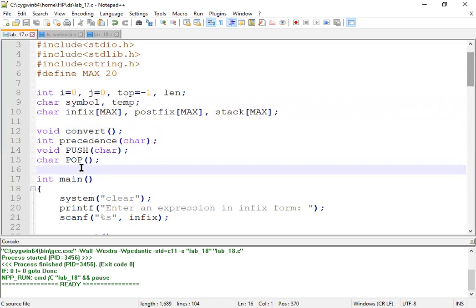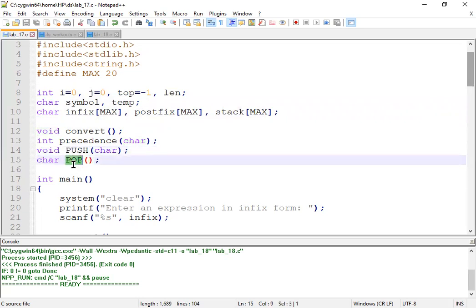Since we want to implement this program using the stack operations, we should have two functions for push and pop operations. Look at the signature of the push function, that is the function prototype. The name of the function is push, and it accepts a single parameter of the type character, and it does not return anything because it is void.